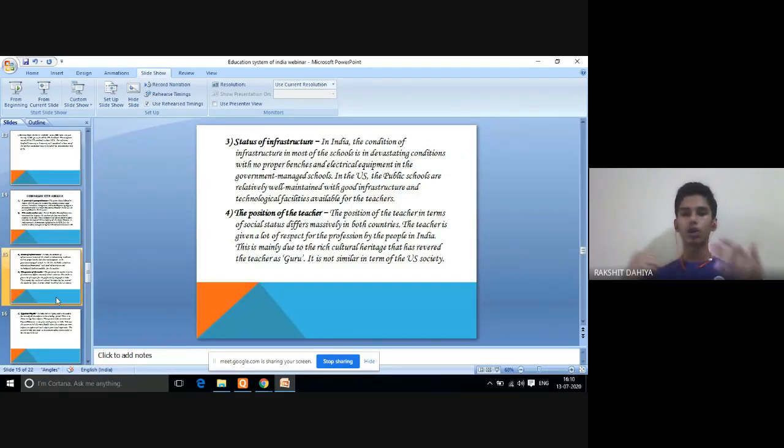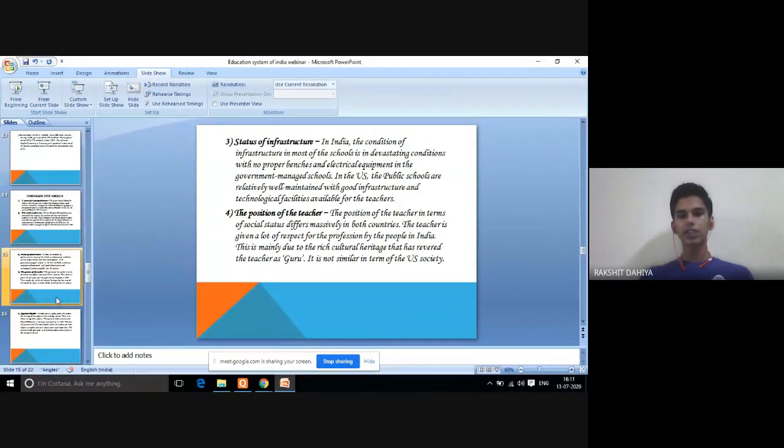So teachers are also provided with technologies and infrastructure and different types of things. So there are things that we should learn from USA that would help them to help us, we people of India, for a better India, for a better education system. If we say the fourth point, the position of the teacher in terms of social